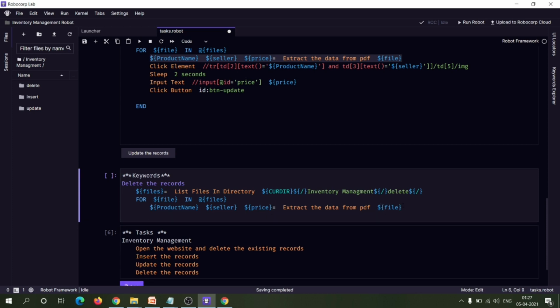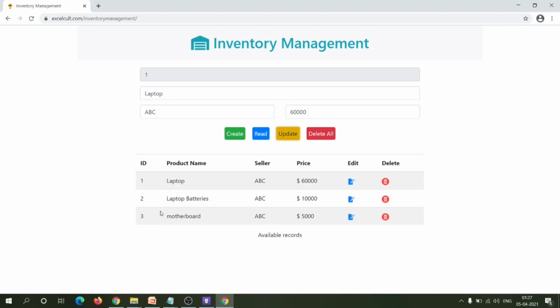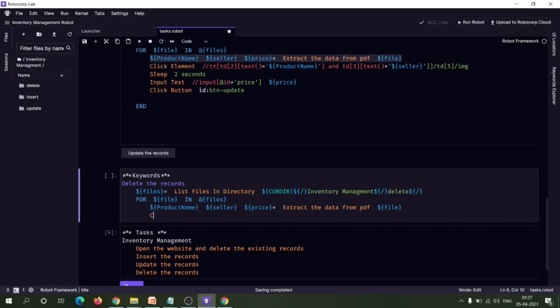Now after extracting the data from the PDF, like product name, seller and price, next you have to delete the record based on the product name, seller and price detail that we had extracted. For that we have to click on this delete button, and for clicking the delete button we can use the click element activity.